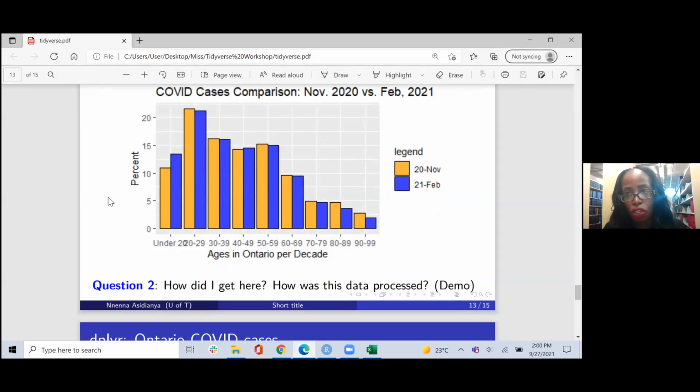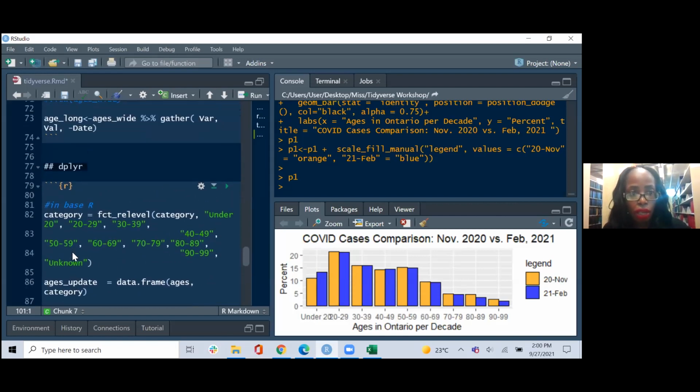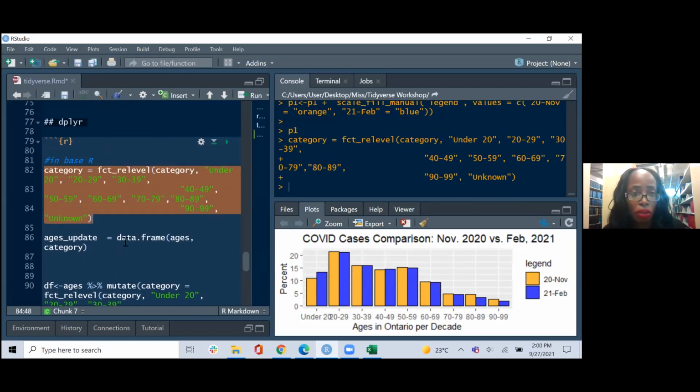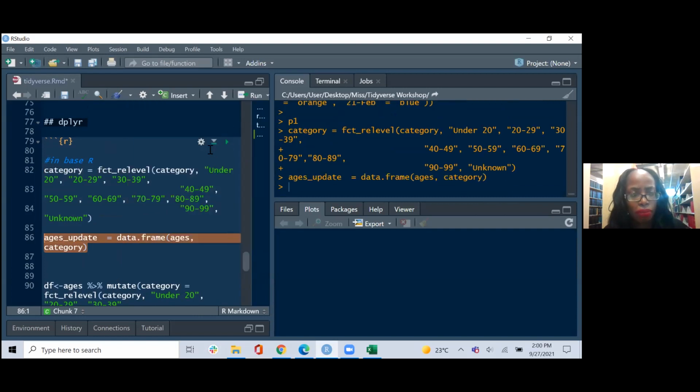There are a lot of manipulations that you can see are efficient in Tidyverse. If I use base R, you will see that first I have to actually create the variable called category. So in base R, it looks like this. Create the variable called category, run it. And then to update, you have to do data.frame of ages, which is your initial variable, plus the category. So you can see that every time I want to update a variable in base R, I have to create the variable externally and then append it to the data frame,